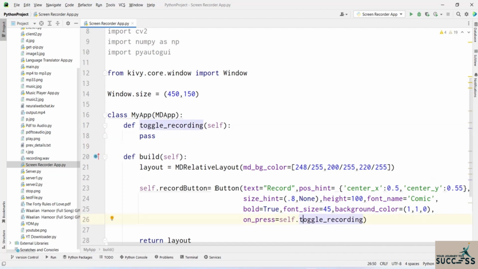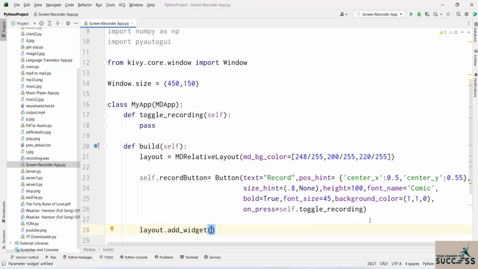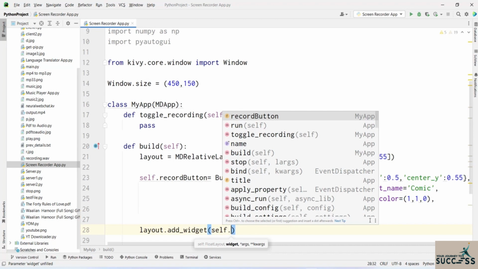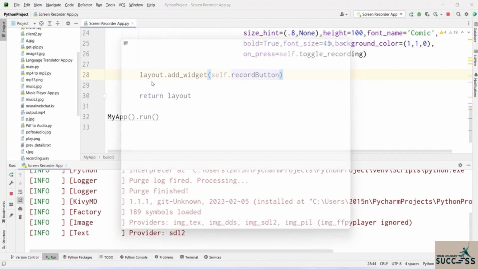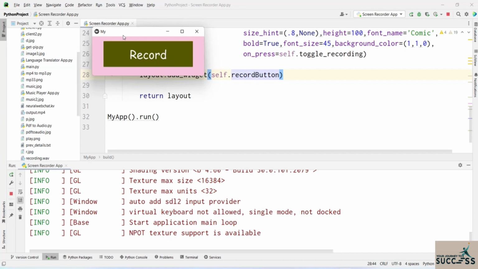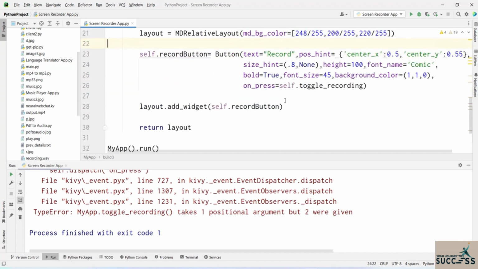Okay, so this is the button, and now all we need to do is put this button on our layout. So layout dot add widget, and then this button, which is the record button. Okay, so now let's execute this code, and you should be able to see this record button right here on your layout. Oops, it's saying that my toggle recording takes one positional argument but two were given. Okay, and that's because